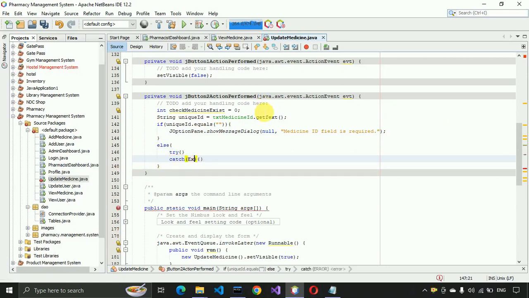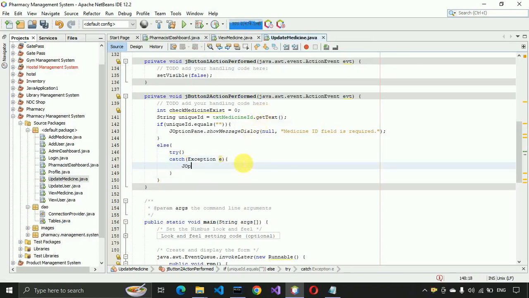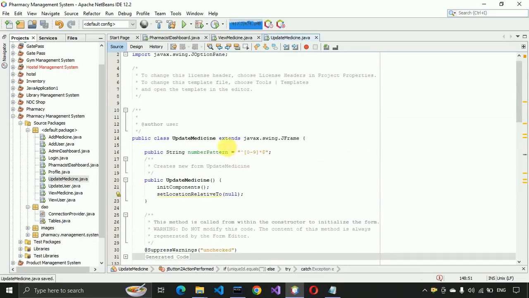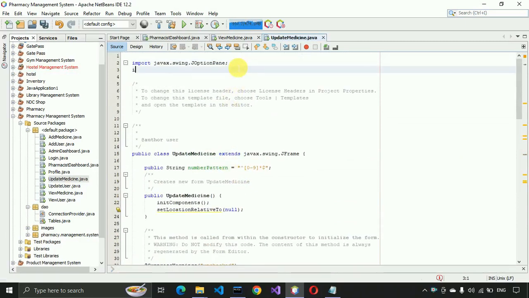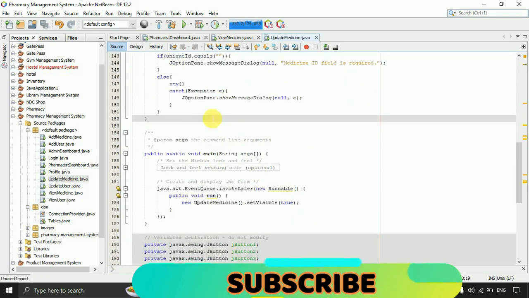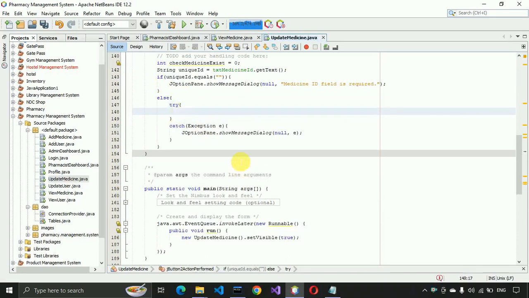and here we write exception, and in this JOptionPane.showMessageDialog(null, we have to pass this. We need to import java.sql.* and save this. Let's get back over here in the try block, and then we have to write